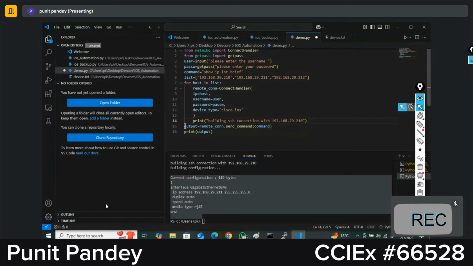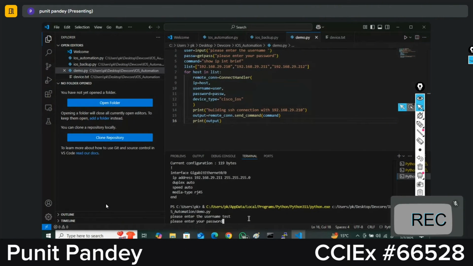Username is test. Password is Cisco 123. Right? So you can see it's building the connection. But what is the problem here, guys? It is always showing the